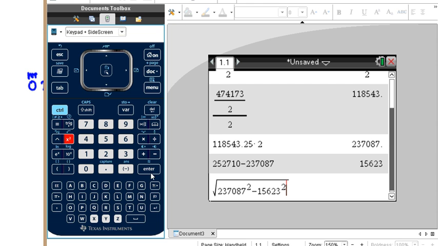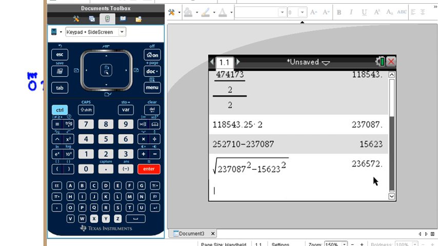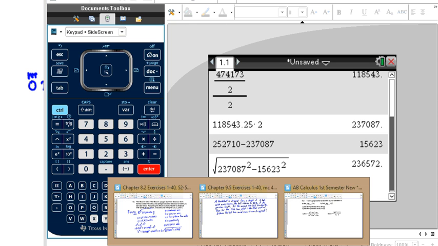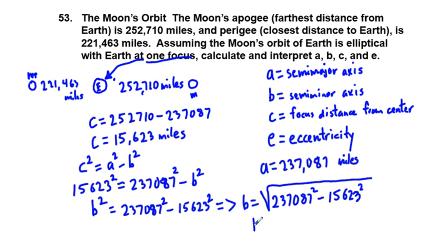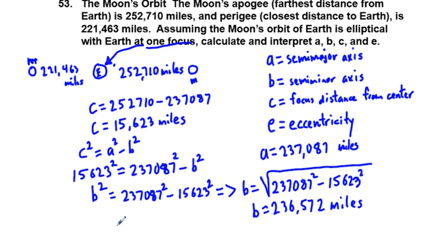And this is it, 236,572 miles. And the last thing we're going to calculate is our eccentricity, which we're going to get by taking